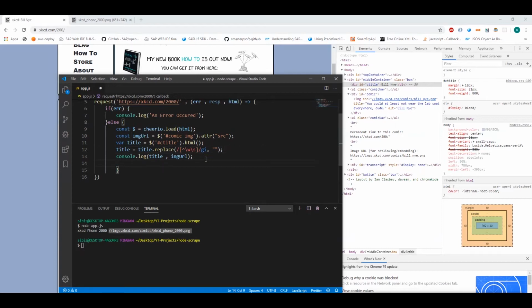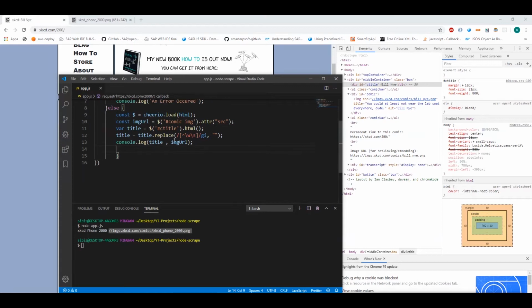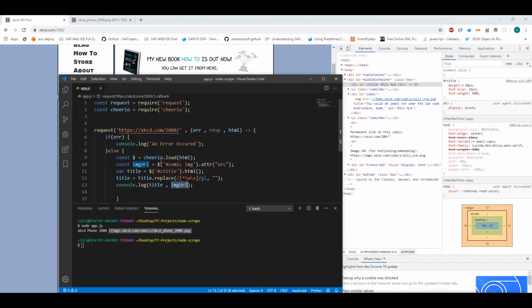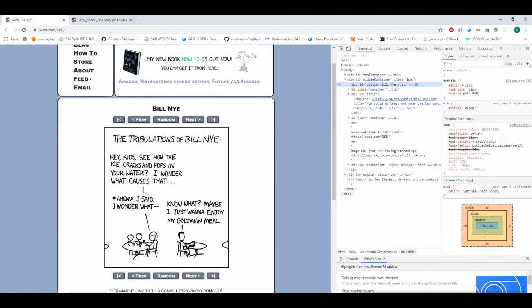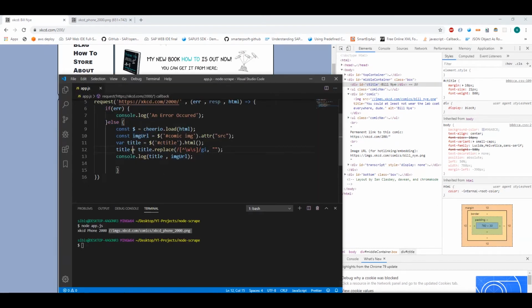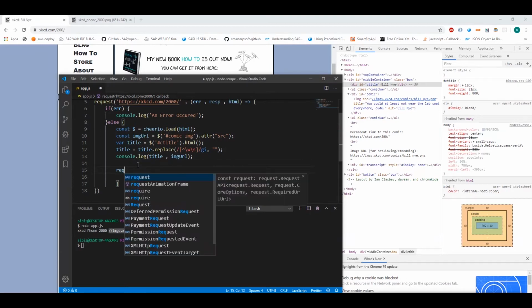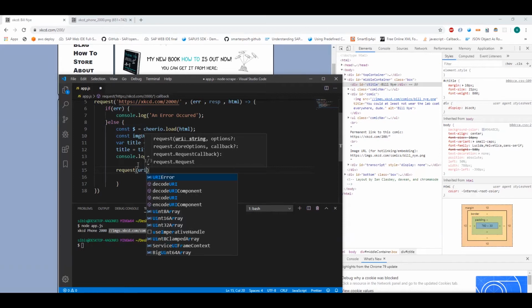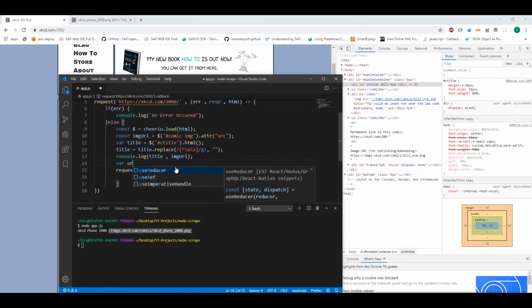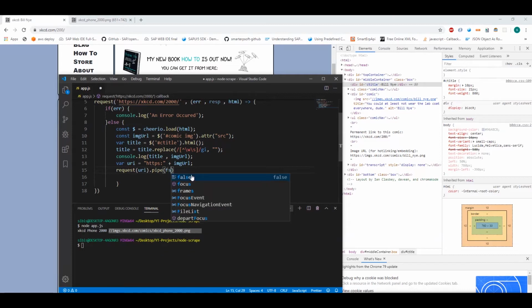So yeah, now we got the image URL. Now we need to fetch the image. In order to fetch the image, we need to again send a request to the image URL and get this image alone. So to do that, we'll be again using the request library. So now we can send a request to the URI, but first, this URI is https colon plus img URL, because we don't have the https in this image URL, so we append a https to send the request. So within the request we pass the first parameter of https, and then we pipe this to the write stream. So we pipe it to a write stream, and